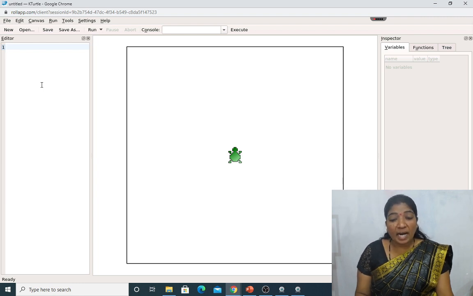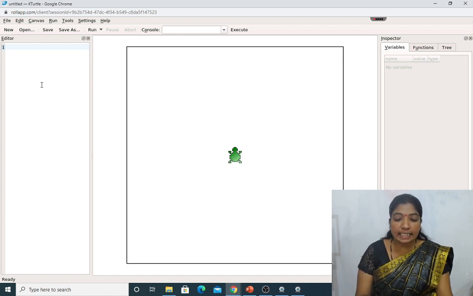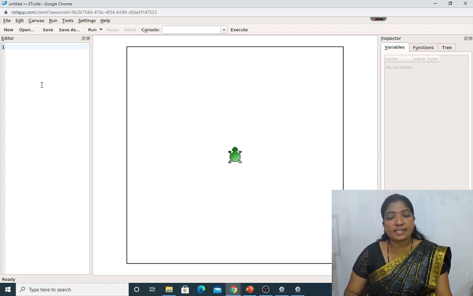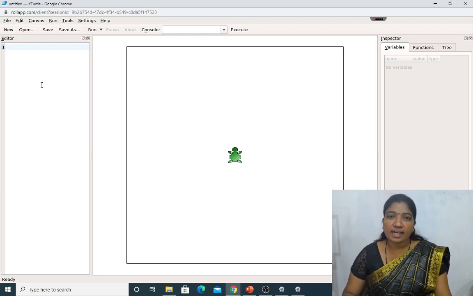Fifth, sprite show and sprite hide commands and calculations in KTurtle. The next is the ask command and the last one is the message command. In today's class we will be discussing only 3 topics: introduction, print command and font size command.